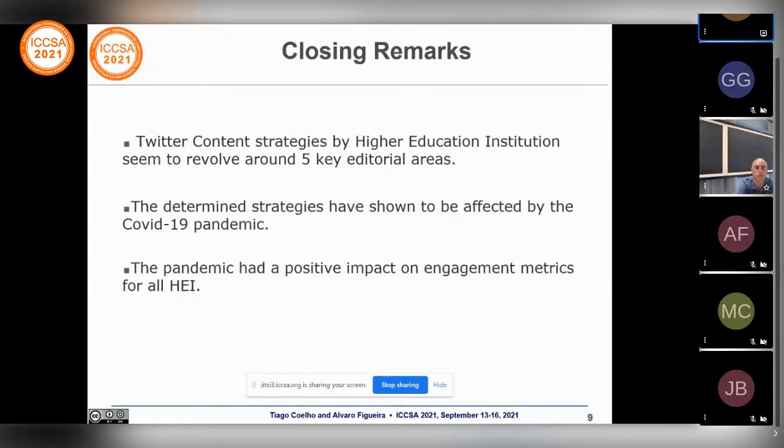In addition, we can also observe that the COVID-19 pandemic had an overall positive impact on public interaction with the social media publications. This could possibly be because of an increased online presence of the public regarding the new COVID-19 pandemic restrictions, like homework and homeschool. But it could also be that the users are now more interested in the new content being published by those institutions according to the new content strategy.